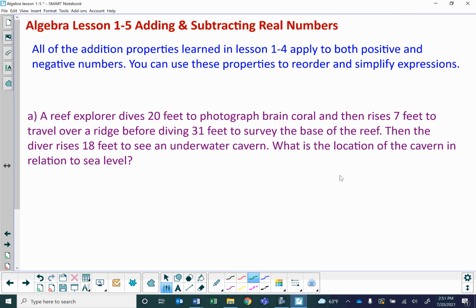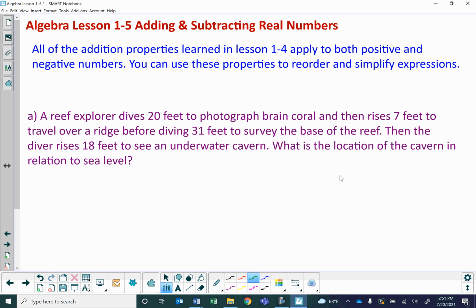All of the addition properties learned in lesson 1-4 apply to both positive and negative numbers, and you can use these properties to reorder and simplify. So remember all those properties of real numbers we learned in the last lesson. We can apply these to positive and negative numbers. So we can order things and group things in different ways if we would like to, as long as it's addition. Okay, so if it says a reef explorer dives 20 feet to photograph brain coral and then rises 7